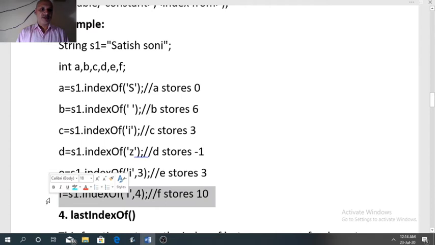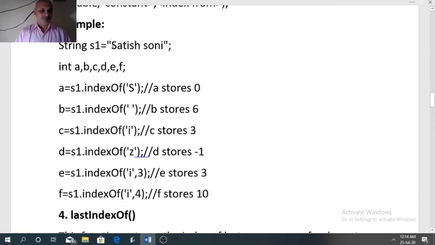Next example, i is searched from index number 4. So first see what index number 4 is: 0, 1, 2, 3, 4. So 4 is s. Searching will start from here. It will search i, here not found, then it will go to the next character, not found, not found, not found.